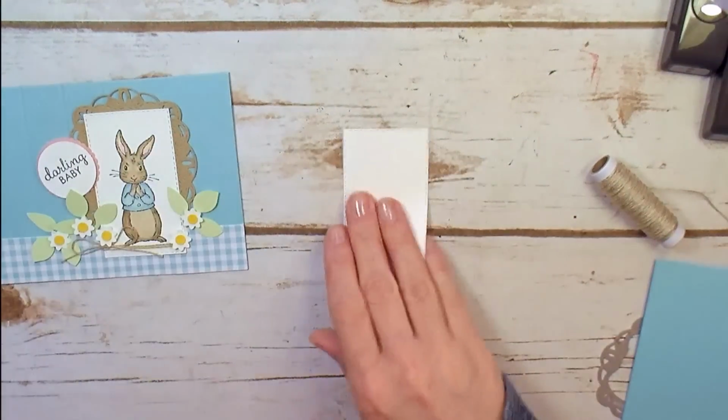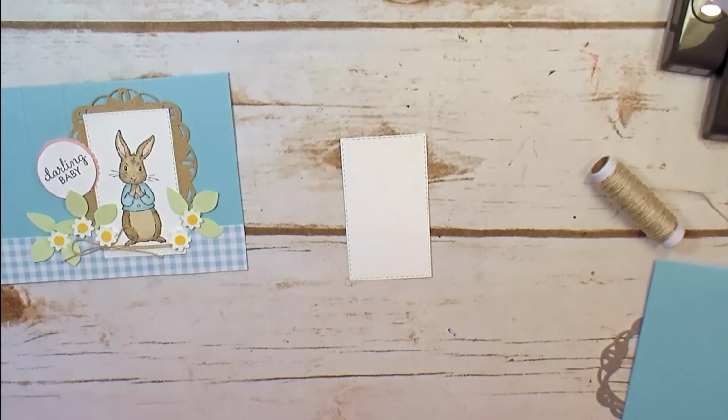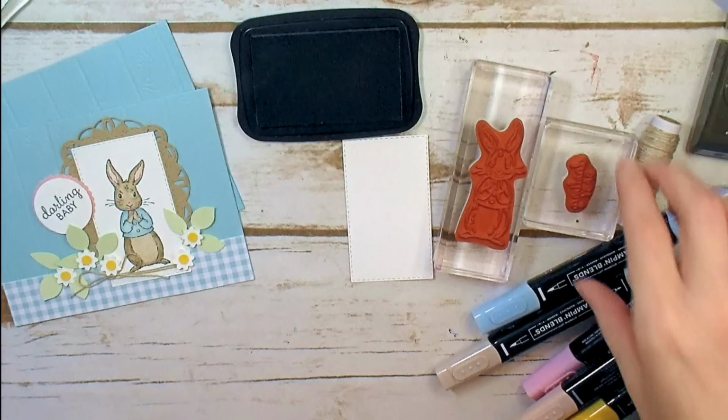I'm gonna get my Memento Tuxedo Black ink. Okay, I've got Darling Baby all blacked up here. We're gonna stamp that just kind of centered in a scrap. And then our buddy, little bunny dude here. We want to put him about 1/4 inch from that bottom stitch because we're gonna wrap a little bit of twine around our rectangle. We wanna leave some room for that